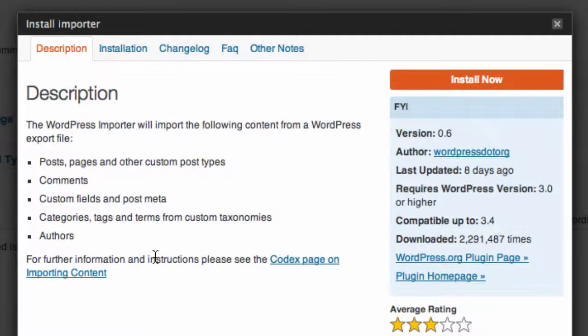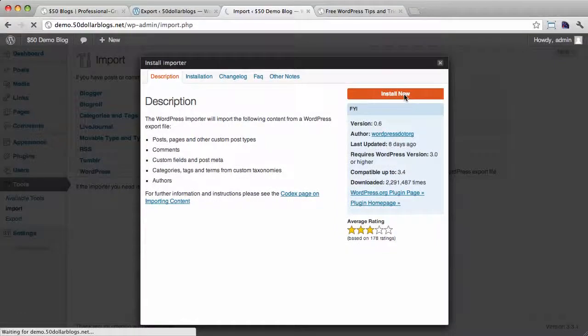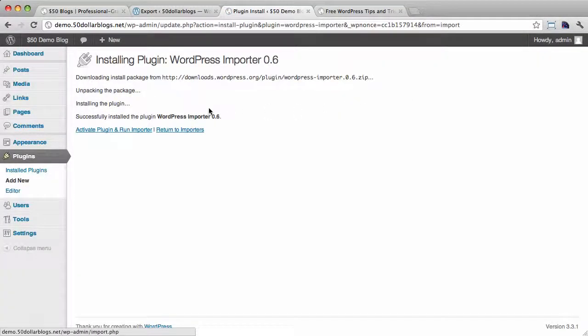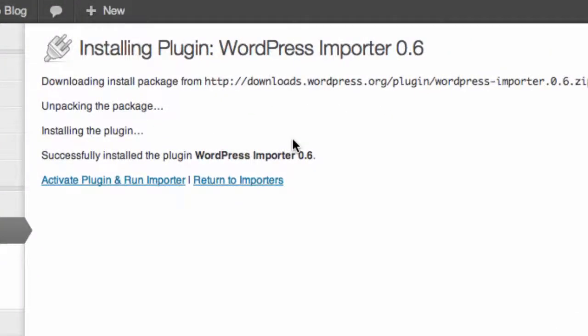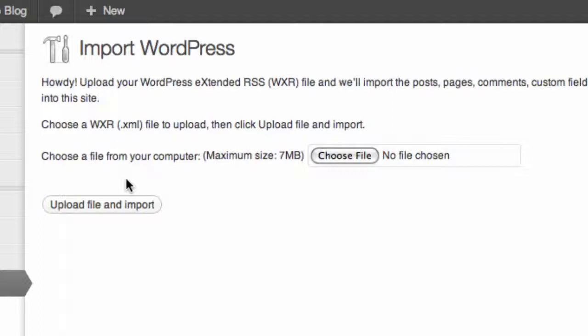Now when we click that, it asks us to install an importer plugin, so we need to go ahead and do that. So I'll click Install now. It should only take a second. There we go. Once it's installed, we can go ahead and activate it by clicking on this link here. Actually, that link also should bring us to the first screen of the importer so we can get started, and indeed does. So first thing we need to do is upload the file we downloaded from the WordPress.com site just